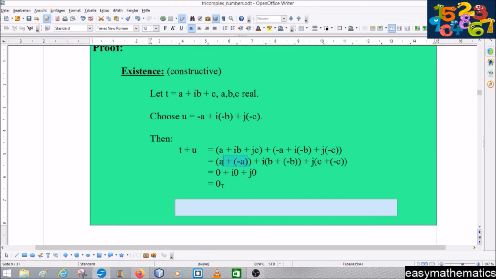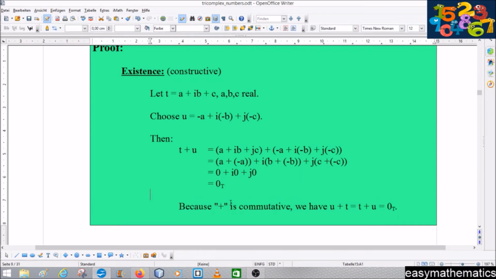And in the components there are the laws of the real numbers, so a plus minus a is 0 and so on and so forth, and the tricomplex number 0 plus i times 0 plus j times 0 we have called the 0 element, and therefore, because plus is also commutative, we have u plus t is t plus u is 0,